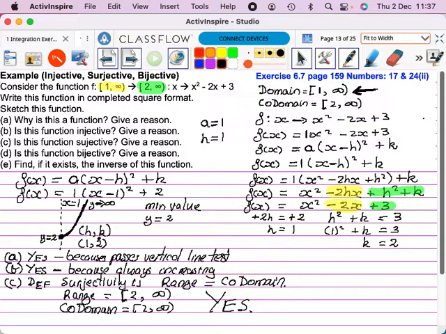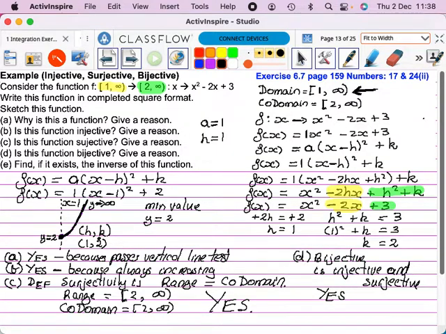Okay, so is this function bijective? Fall back on your definition. What do we know about a bijective function? Well, a bijective function is a function which is both injective and surjective. So do we have 2 yeses? Yes, we do. So therefore,